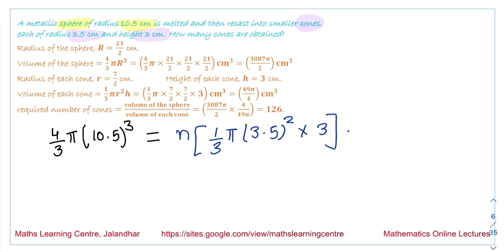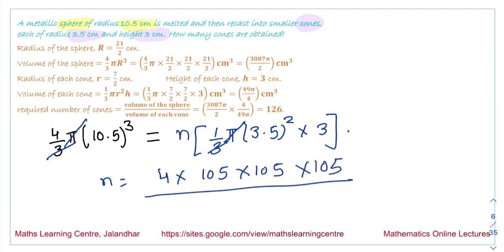So the 1 by 3 and 1 by 3 get cancelled, this pi and pi get cancelled. So the value of n we get is 4 into 105 into 105 into 105 upon 35 into 35